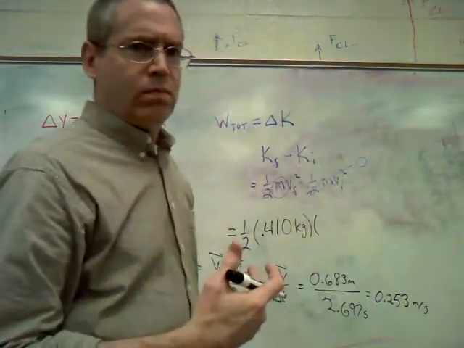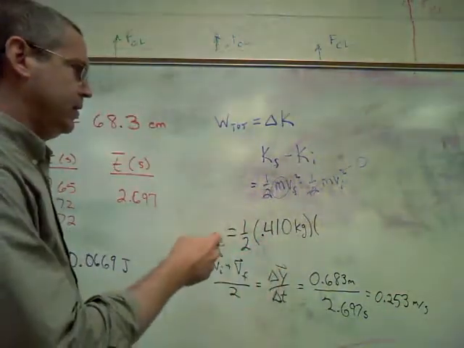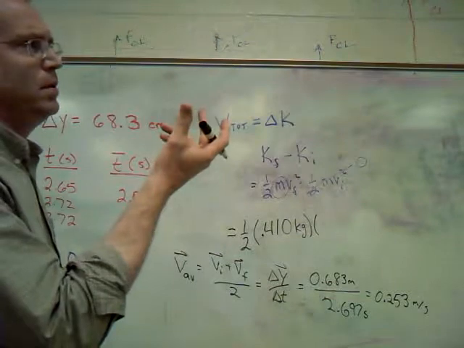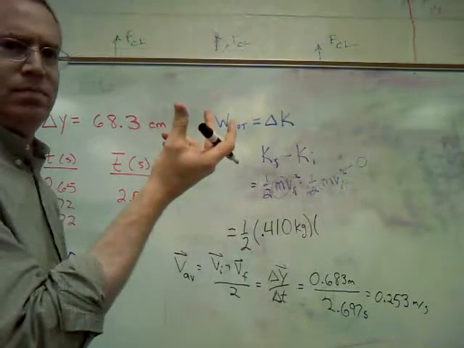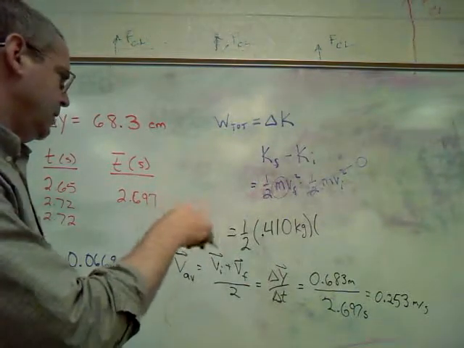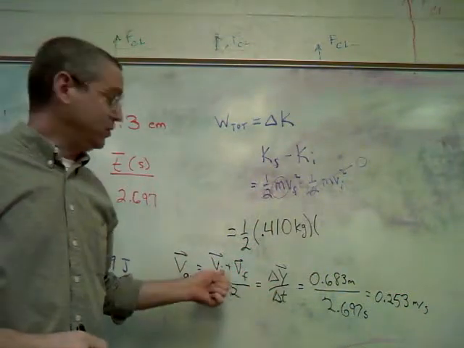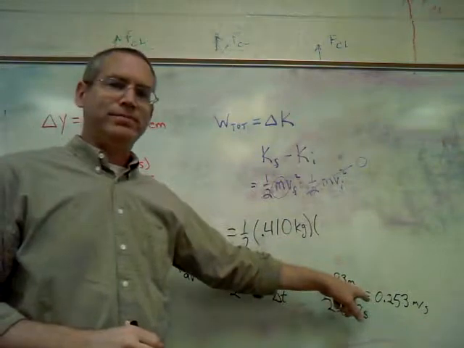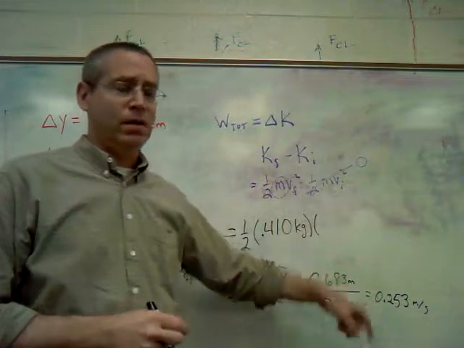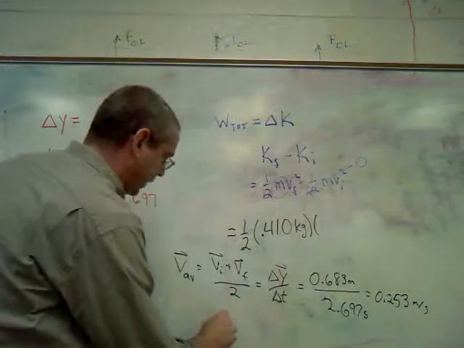Wait, I'm going to have to think about that one a little bit longer. Well, definitely middle time. Not necessarily middle of the location. So I've got, that's my average right there. That's going to be equal to my initial plus final divided by 2, but my initial is 0. So that is just half of my final velocity in, well, speed. And so I take that number, I multiply by 2, and so my final